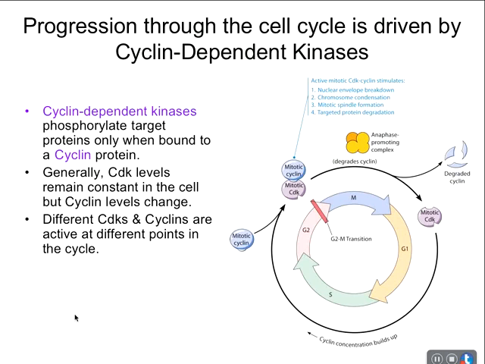All right, so let's look at this particular example. We have constant levels of our CDK. It's inactive because it has to have a cyclin to attach to, but it's at relatively constant levels throughout the entire cell cycle. Cyclin is being produced at low levels. Eventually those levels increase. When the cyclin levels get high enough, cyclin and CDK bind together. That's the first step of activation of cyclin and CDK. Once cyclin and CDK are bound together, the cyclin-dependent kinase is now active, and a kinase is going to